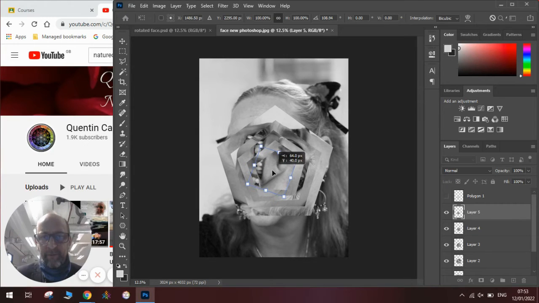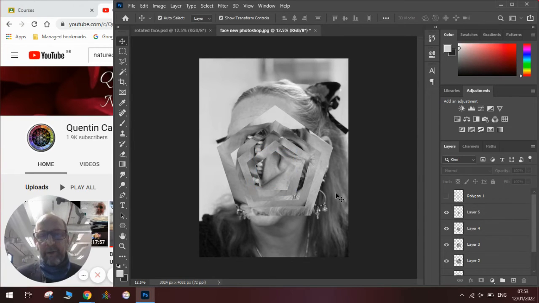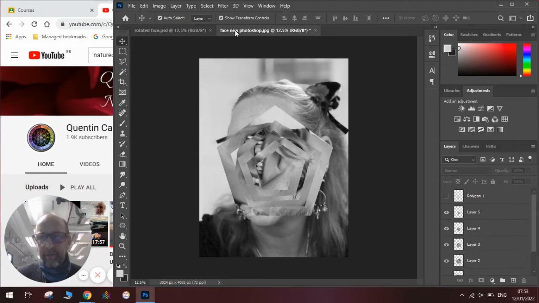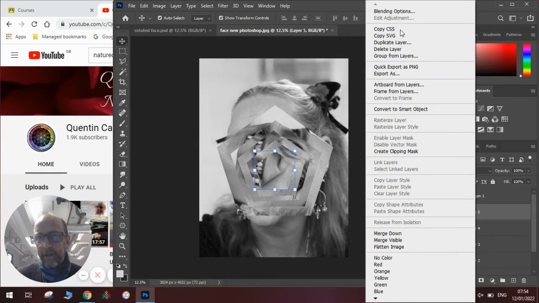and there we have got our rotated face. Now it looks quite cool like that, but it would look even better if we added a drop shadow to it, as I show you on the one I showed you earlier, you can see it's got a darker edge to it. So to do this, we need to click on each layer individually, right click, go to